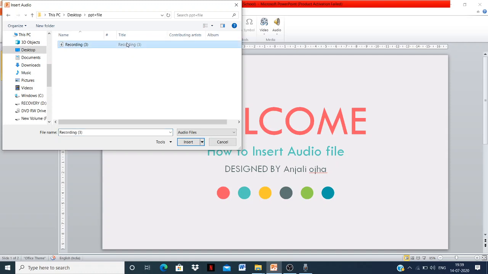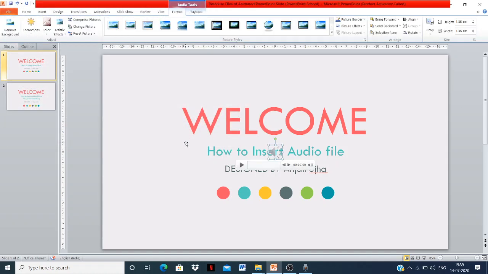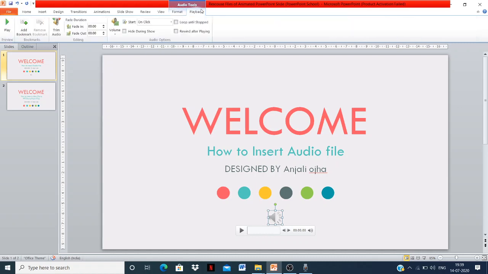You may change the name as per your desire. Okay, so as I have selected the recording, you are getting the button over here, insert. You just need to click on this insert button. It will take a few seconds to load, and you can see over here the recorded sound has appeared. Now I'll show you, as your selection is on the sound recorded button, you will get another tab, that is the playback. Just click on the playback button when you want to play this audio.